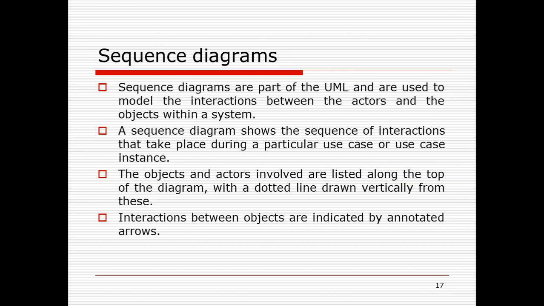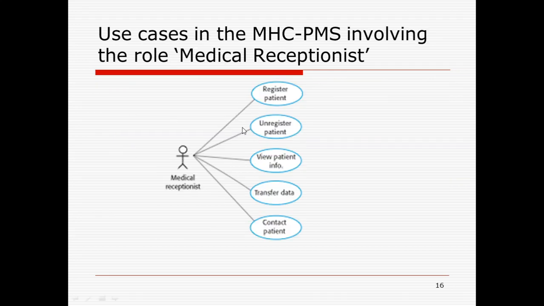It is very important to remember that a sequence diagram basically comes from the use case. So for a particular use case, there's an actor, and as we can see here, either view patient information or transfer data or any of these use cases, for each of these use cases we can have a